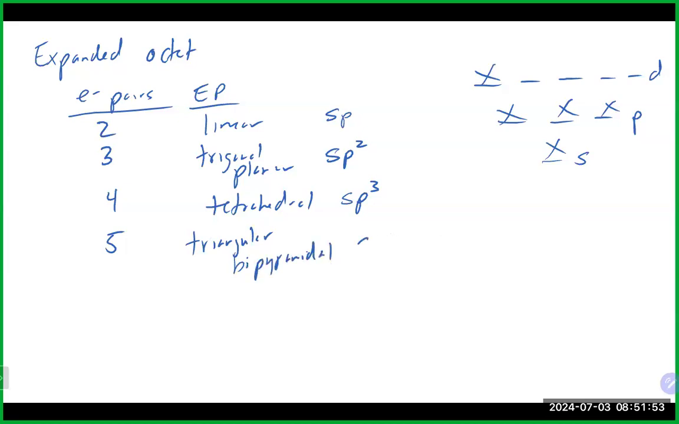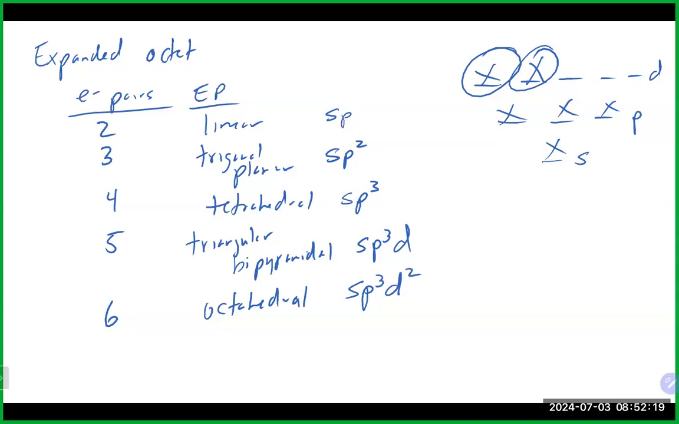I've used an s, 3 p's, and I now got into a d. So that is sp3d hybridized, right? Or expanded octet, 5 electron pairs. We also saw 6 electron pairs, which is octahedral. And again, 1, 2, 3, 4, 5, and 6, which will take us to